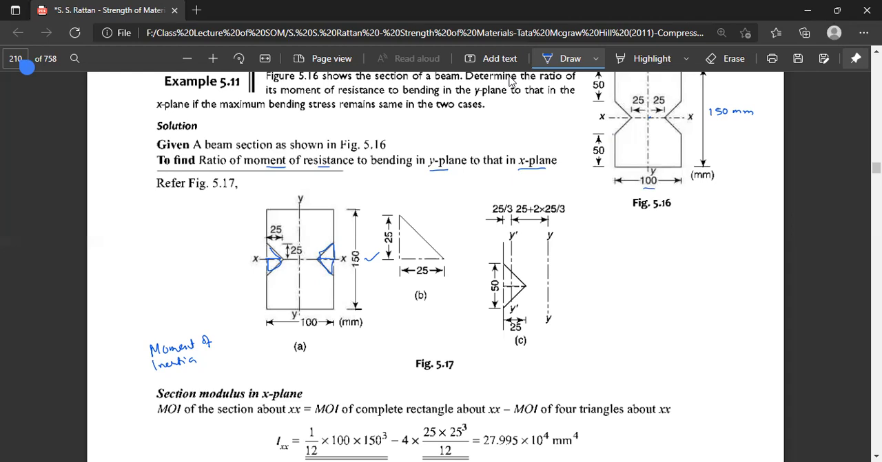moment of inertia of any triangle will be B multiplied by H to the power 3 divided by 12, if we are supposed to take the moment about any axis, any side of the triangle, where we are taking the x-axis as one of the sides. So it will be 25 multiplied by 25 to the power 3 divided by 12, multiplied by 4, as we are considering all 4 triangles. So total